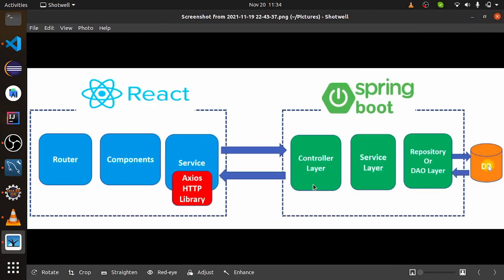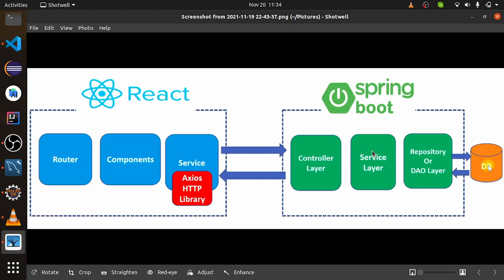This is how this application works. At the Spring Boot layer, the controller maps your URLs to the particular page you want to see. Like if you want to see employee details, and there is a page named employee details, you must have seen in the URL part there is a slash employee details. So this mapping is done by the controller layer. We have provided get mapping, post, put, and all those mappings in this layer.